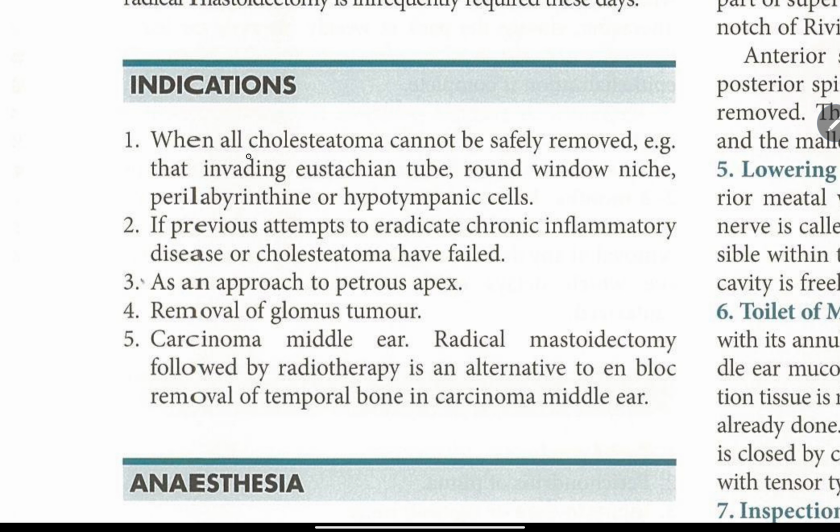Indications. 1. When all cholesteatoma cannot be safely removed, for example, that invading the eustachian tube, round window niche, perilabyrinthine, or hypotympanic cells. 2. If previous attempts to eradicate chronic inflammatory disease or cholesteatoma have failed. 3. As an approach to petrous apex. 4. Removal of glomus tumor. 5. Carcinoma middle ear. Radical mastoidectomy followed by radiotherapy is an alternative to en bloc removal of temporal bone in